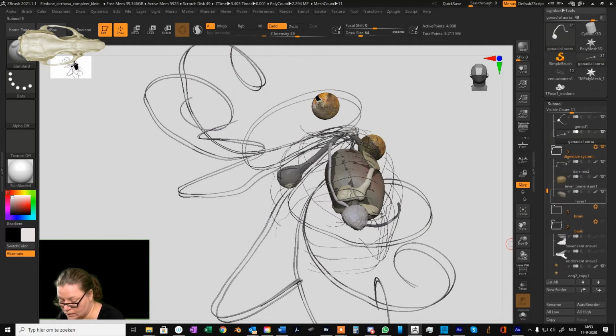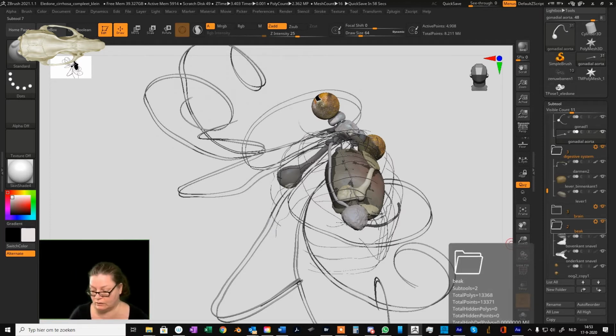And the brain, we had the beak. For the beak I made a specific PDF that I will link beneath the video, about the muscles within the buccal mass. And I love the way I can use actually any application to make my work more elaborate, more visual, and more insightful. So this is the model for now, and next we go to how I make